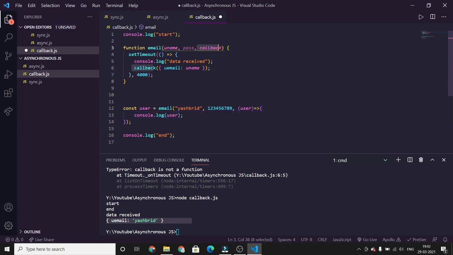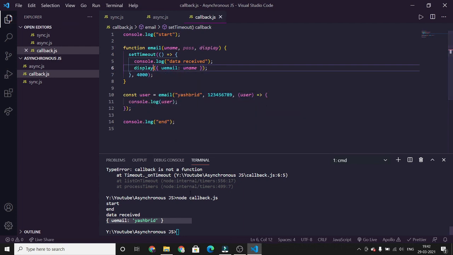You can name anything here because we haven't specified the name of the function. So you can also name it display. Just remember to change it here also, display. So let's run it.